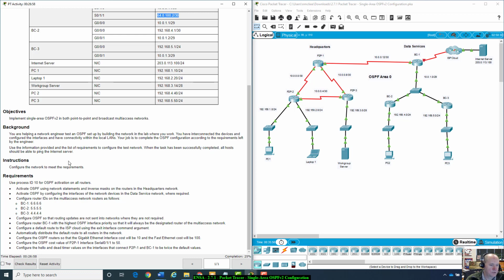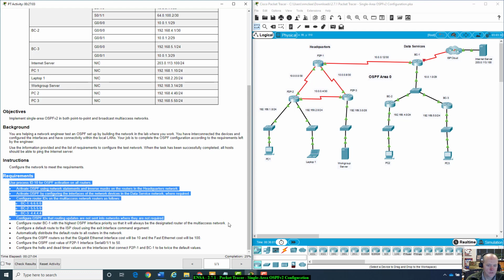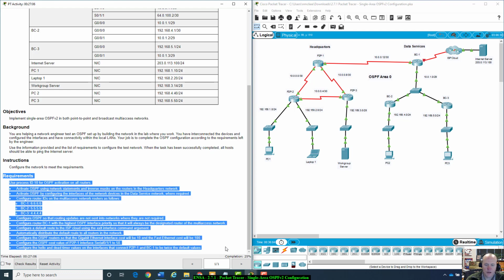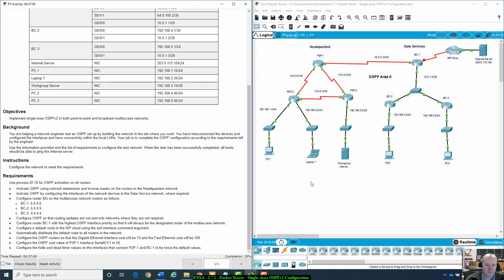Alright, so we're going to configure the network to meet requirements, and pretty much this is all it gave us. Just requirements. Alright, so we got to do this from scratch, more or less, even though there's some stuff configured. And if you notice, I haven't even touched anything, but as soon as everything converged, you got 25% completion rate. So don't think that's odd. Alright, and probably what I want to do, let's think about this. Alright, so what I think I'm going to do is, let's go